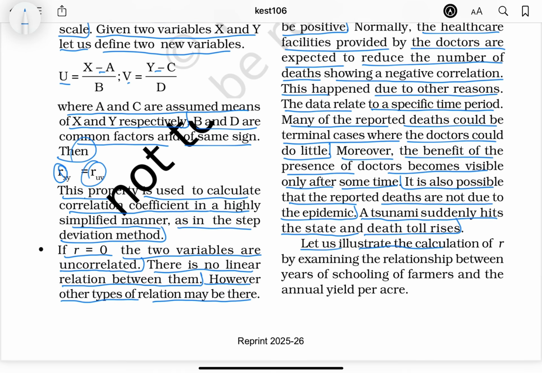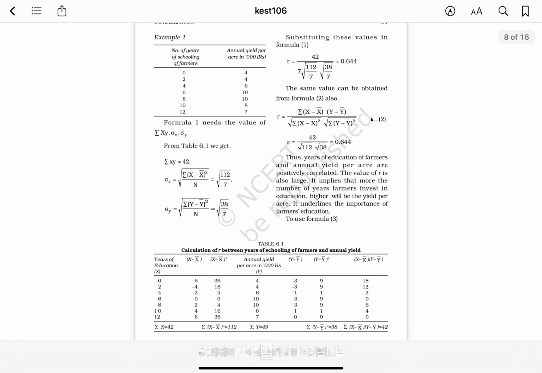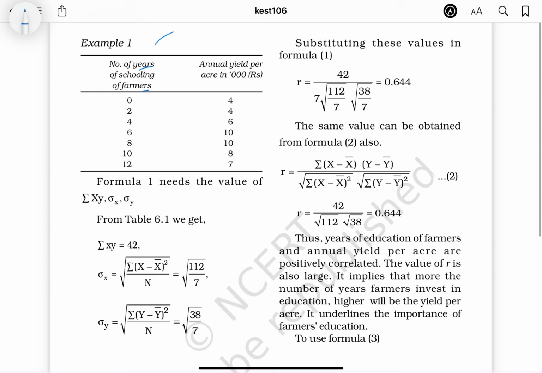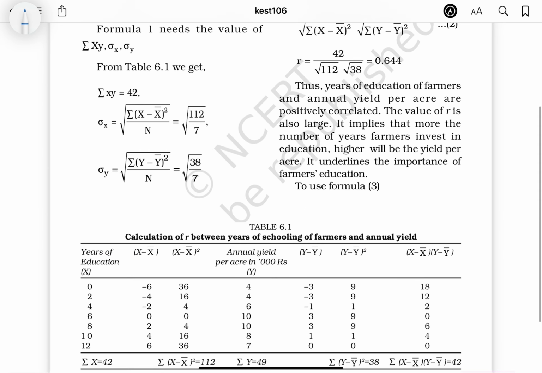Let us illustrate the calculation of R by examining the relationship between years of schooling of farmers and annual yield per acre. Example: number of years of schooling of farmers, annual yield per acre in thousands. For two years it is 4000, for four it is 6000, for six it is 10,000, and so on, the whole table. The formula has been applied, and the answer